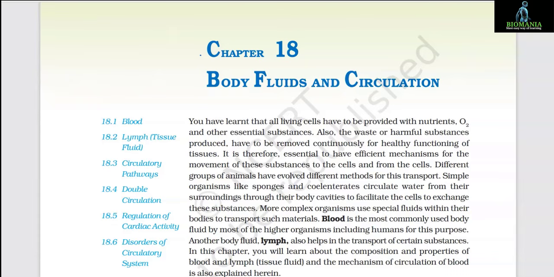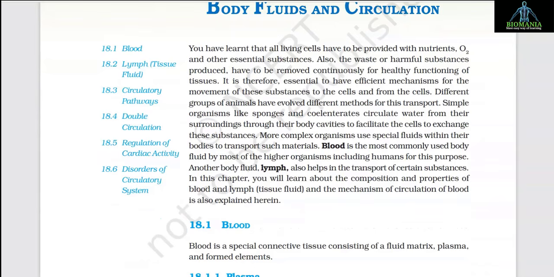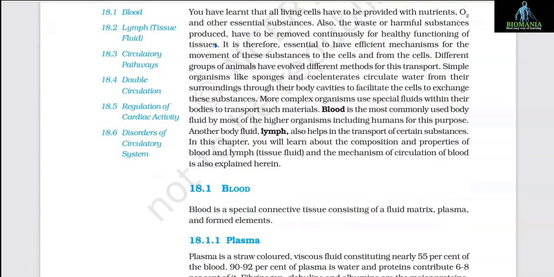Chapter 18, Body Fluids and Circulation. You have learnt that all living cells have to be provided with nutrients, O2 and other essential substances. Also, the waste or harmful substances produced have to be removed continuously for healthy functioning of tissues. It is therefore essential to have efficient mechanisms for the movement of these substances to the cells and from the